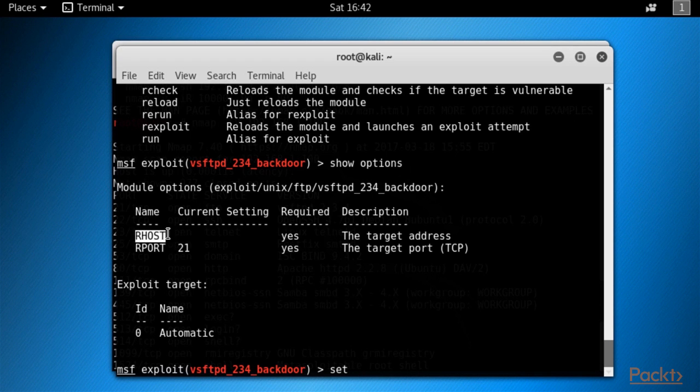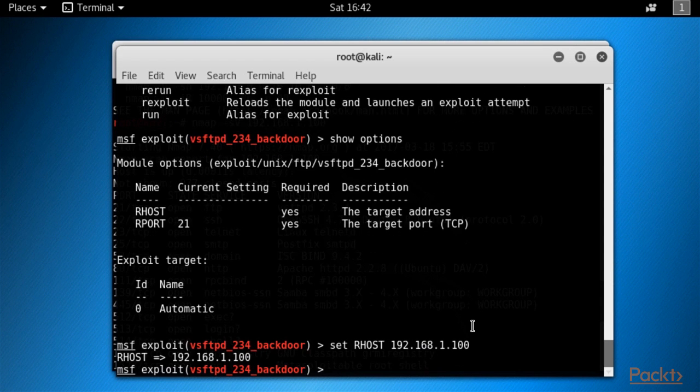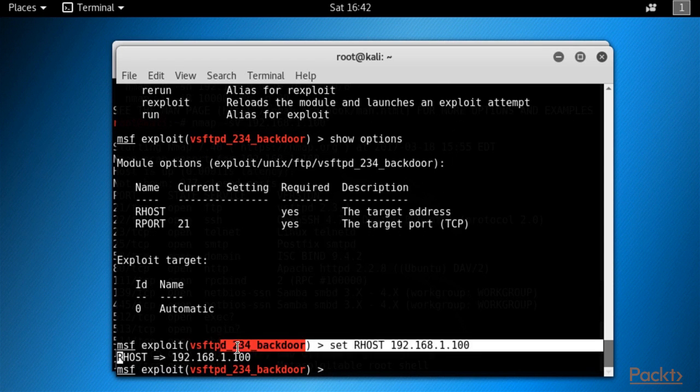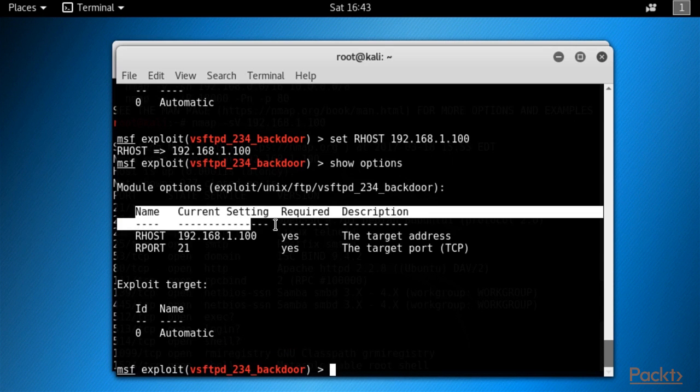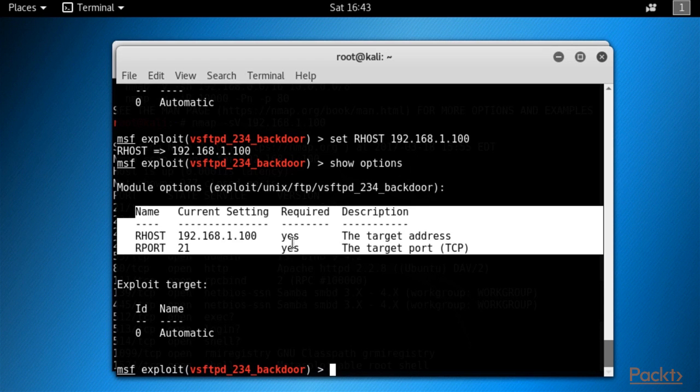Now, in order to provide the remote host IP address, we will use the set command, followed by the name of the attribute that we want to set, in our case host, and then the value that we want to assign to this attribute. In our case, we want our host attribute to take the value of the IP address that's allocated to our target machine, which is 192.168.1.100. I hope that you remember this IP address by now. As soon as we provide this information, we can see that this has been successfully assigned to the